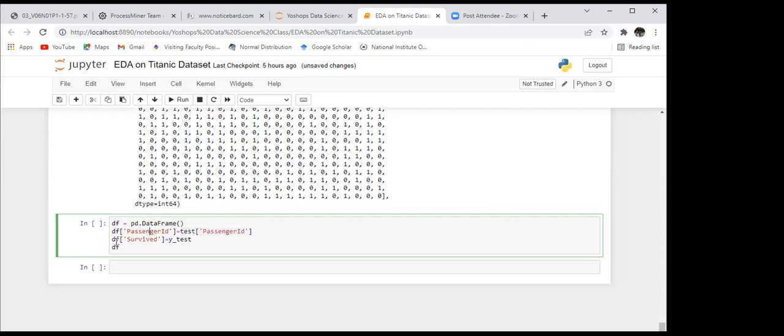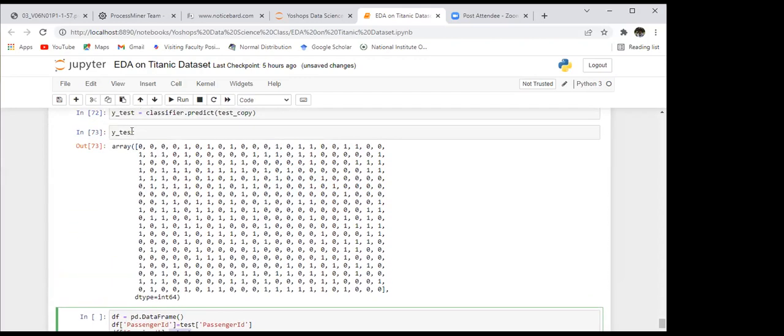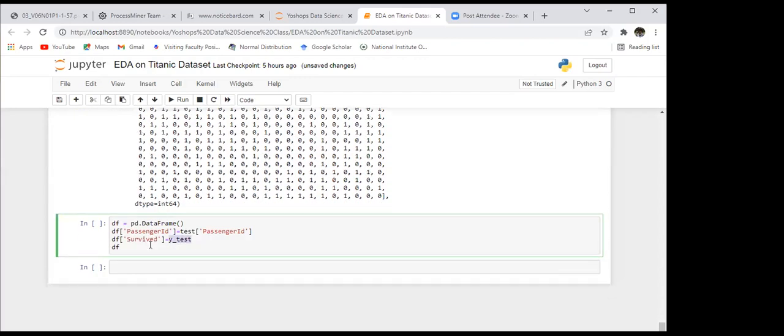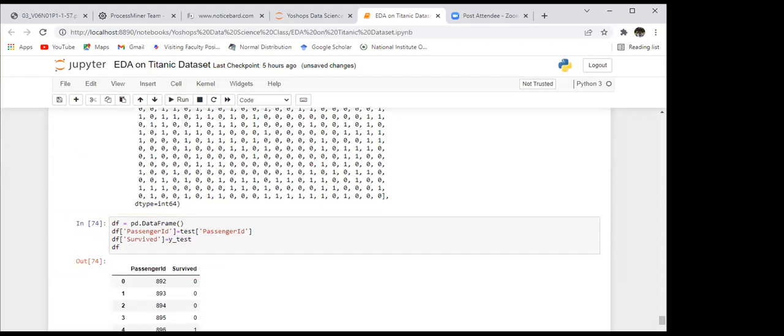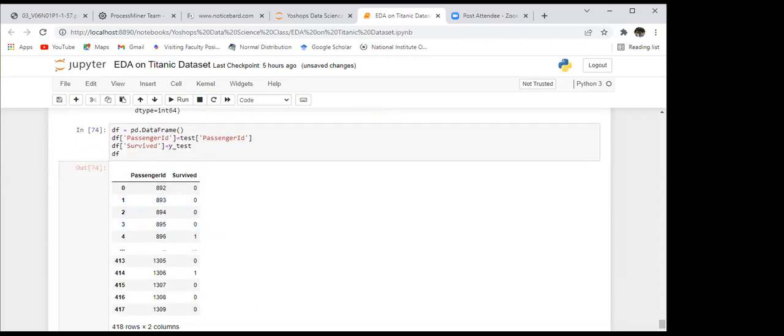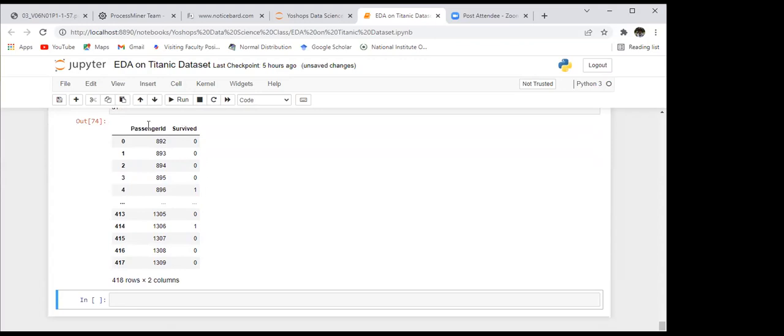Another column you will make is the survived column, and in that you will feed the predicted Y value. So see, now this is your output for the model that you have trained on the training data. This is the output you obtained for the test data here. So up to this, your modeling is done.